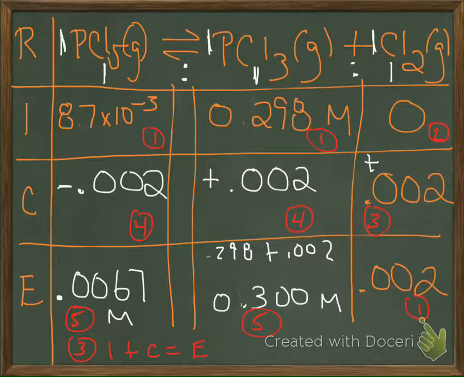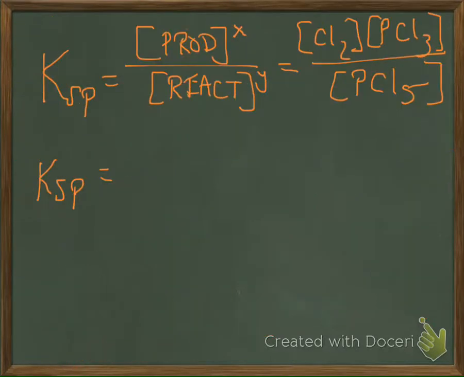Okay, so now we have equilibrium concentrations for all of our species, for PCl5, PCl3, and Cl2. But that doesn't answer our question. Our question says calculate the equilibrium concentrations of all species. Okay, so we did that. And we want to find the value of K. So the next part we're going to do, and you need to fill in these values as well, is to solve for our K. So if I move to my next page,